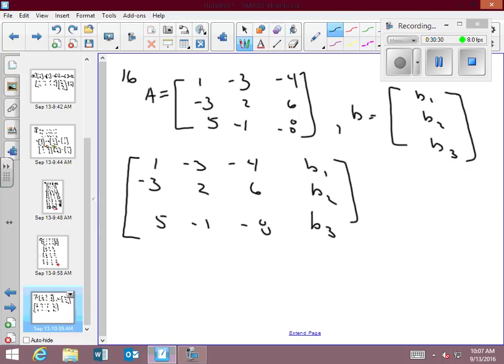So we leave it kind of the way it is, just do reduced echelon form. So add three times the first and add